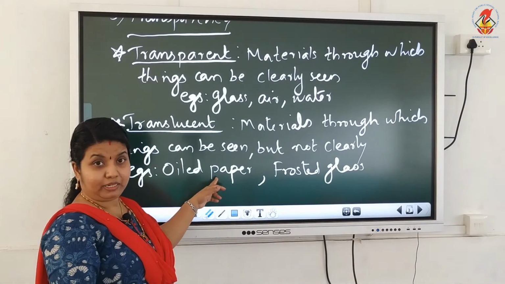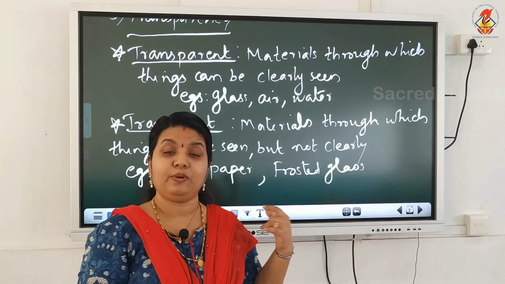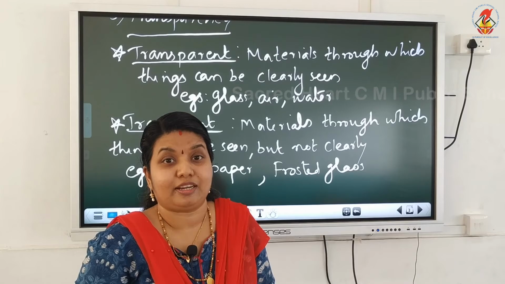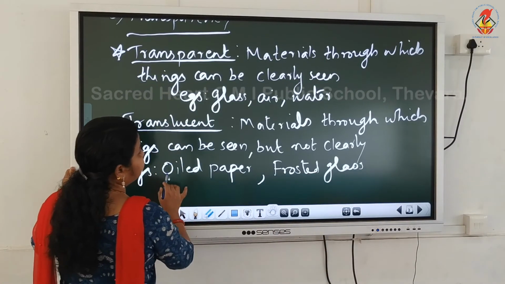So, oiled paper or butter paper, then tracing paper is there. I hope you are familiar with tracing paper. That is also translucent. We can see but not clearly. It is known as translucent materials. These are examples. Now, the last type is